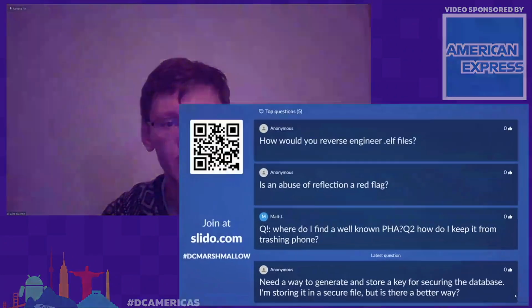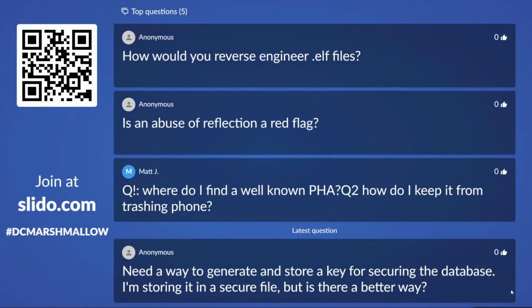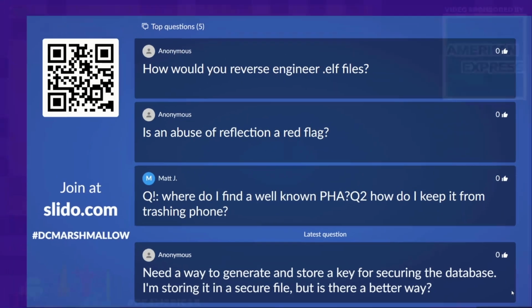How would you reverse engineer .elf files? So in the case where they're libraries, like I mentioned, I would really recommend starting with JNI_OnLoad, and with the init array, because that'll give you the entry points and will tell you if they did their own custom mappings for Java to native methods. If you're looking at an executable,